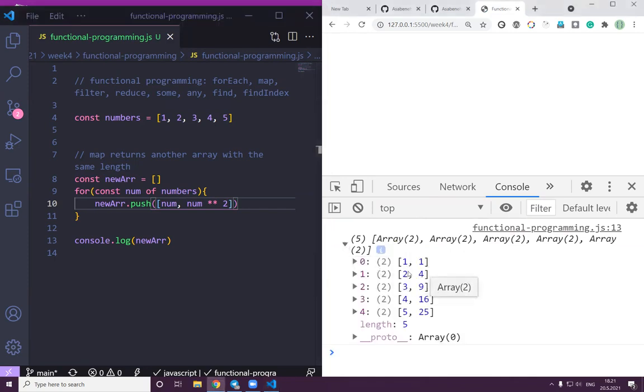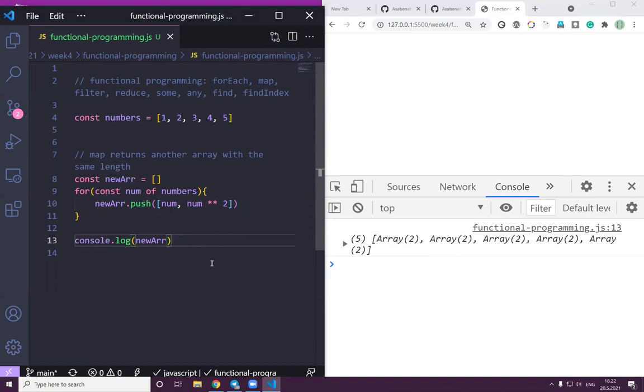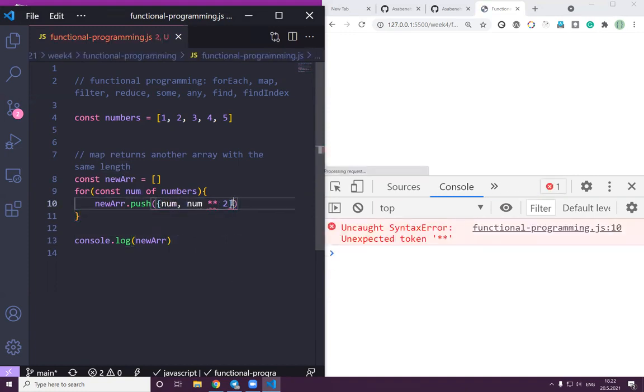Yes, for 1, 1; for 2, 4; for 3, 9; for 4, 16; for 5, 25. So the data structure is now an array of arrays. Or maybe you can also change it differently. For instance, it could even be an object. Okay, how? If we want to do an object, then we may say